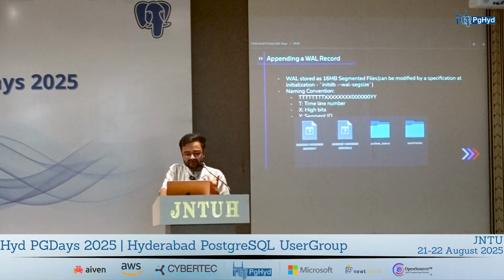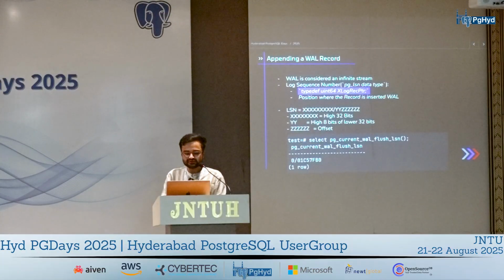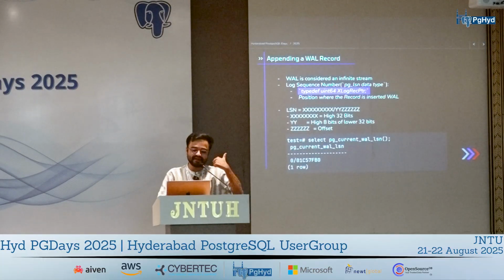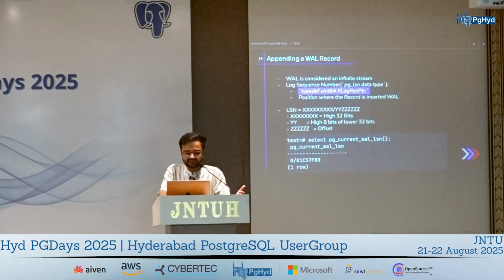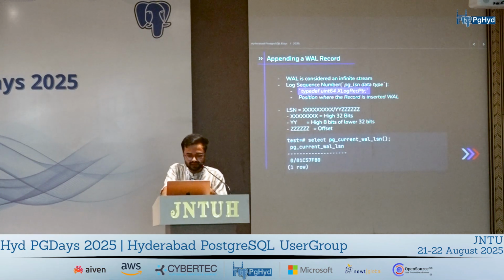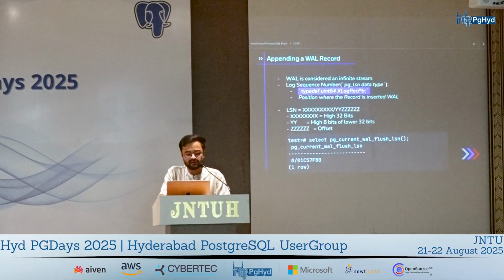And if you want to see which particular LSN your WAL is on right now, which is the latest record in your WAL, you can use the pg_current_wal_lsn function. This basically gives you the exact LSN value in hexadecimal format.